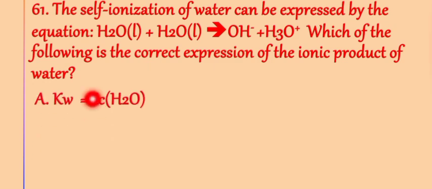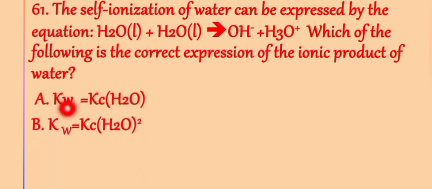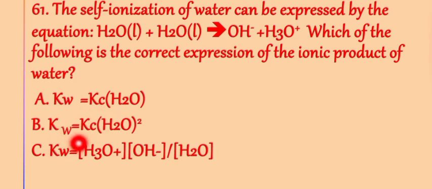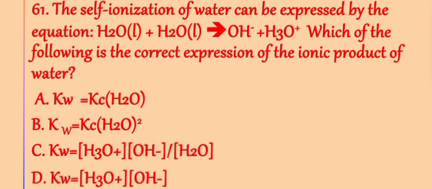A dissociation constant of water which is equal to equilibrium constant K in terms of concentration times water. B dissociation constant of water which is equal to equilibrium constant in terms of concentration times what? Concentration of water the whole square ማለት ነው። C dissociation constant of water which is equal to concentration of hydronium ion times concentration of hydroxide ion divided by concentration of water. D dissociation constant of water which is equal to concentration of hydronium ion times concentration of hydroxide ion ነው የሚለን።